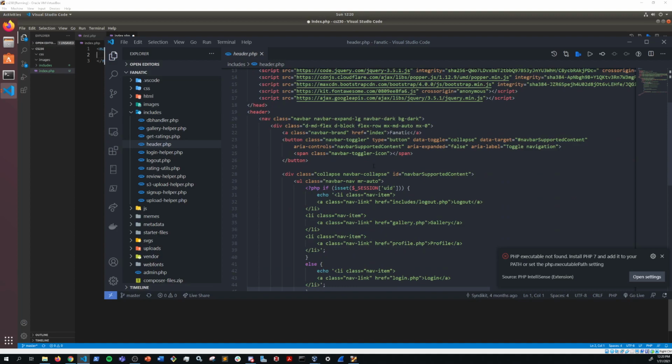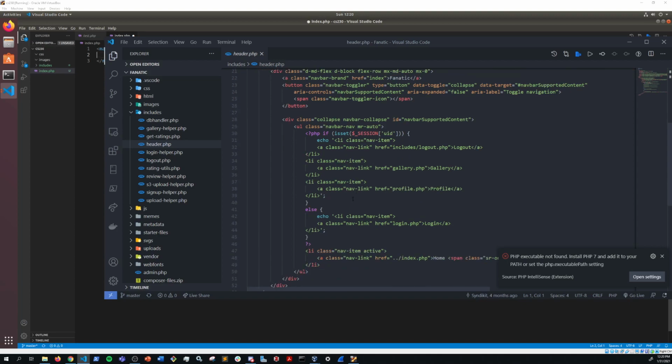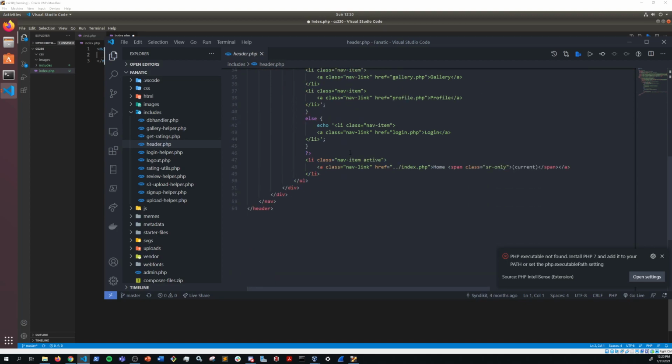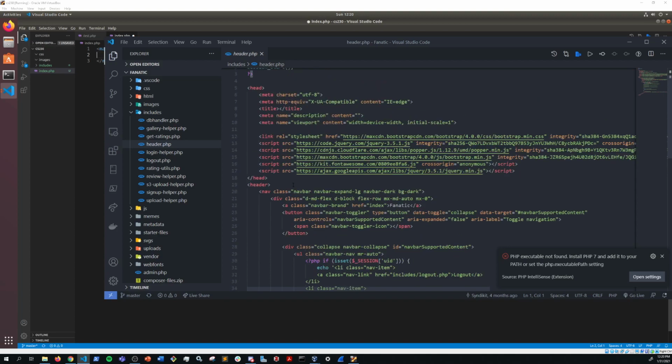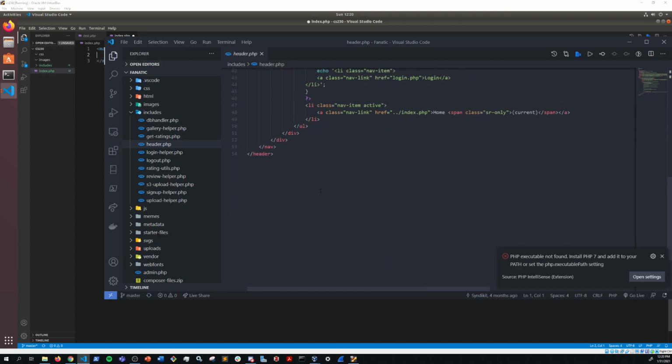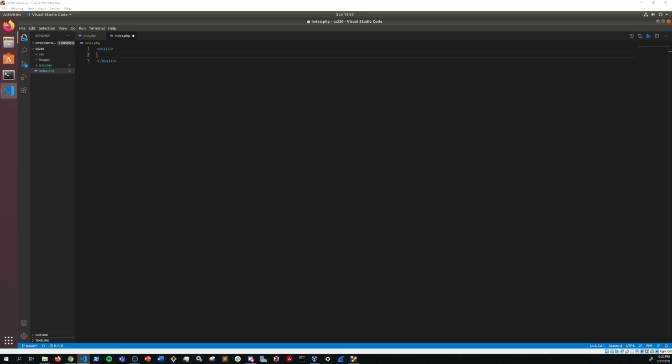And you're going to have a nav bar that we'll set up. There's some PHP stuff that's going on in here that I'll explain in the next class, and we'll continue building out throughout the semester and modifying. But yeah. So that header file is going to be reused multiple times, which is why it's going to go in the includes folder. It's basically a helper file. So anyway,